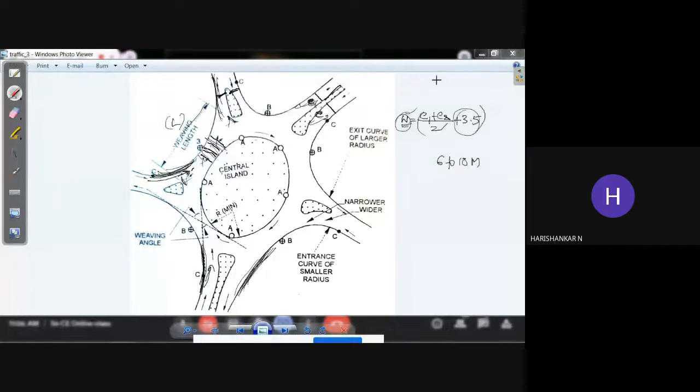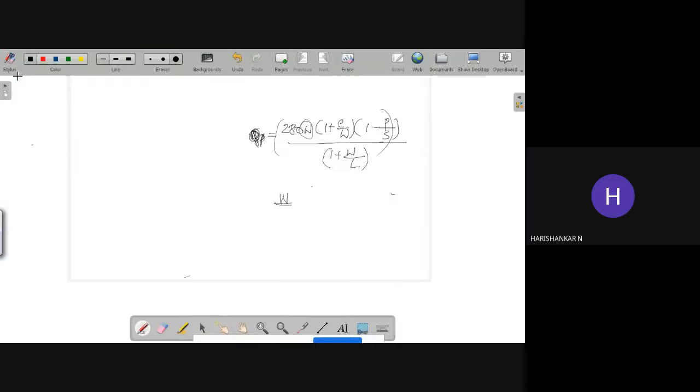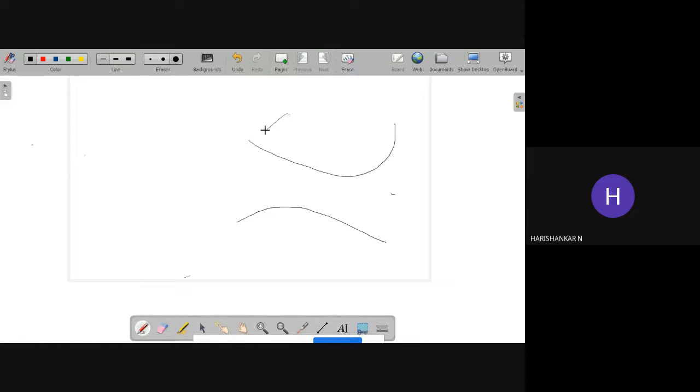So for that purpose, we have to consider a figure like this. So individually you have to take a section. Okay, it will be like this. Here you can see the traffic island, central island. Okay, central rotary island will be like this. Here it is your individual road. Okay, it will be like this, separated like this, and here you can see there will be a separation like this. Okay, in this direction you are coming.